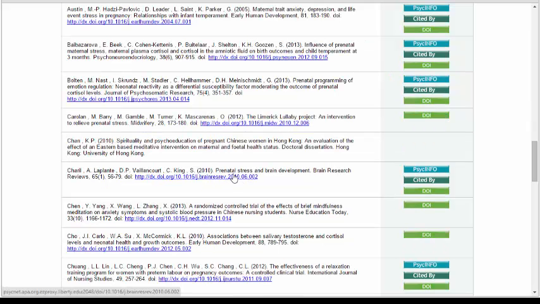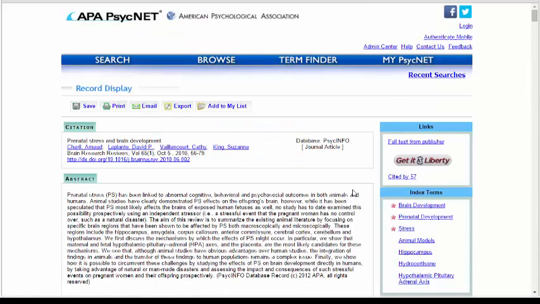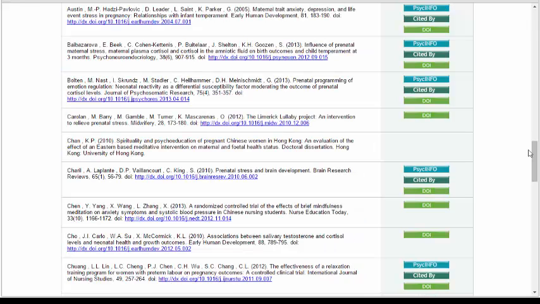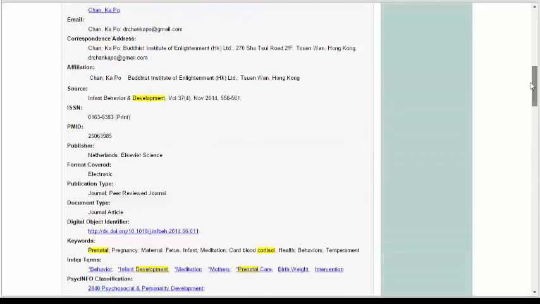The title says Prenatal Stress and Brain Development. That looks like it would be a very interesting article in light of my goals. So I will click PsycInfo, and you see another record comes up for me to explore with a new article. But I'm going to go back to our original article, and we'll scroll up to the top of the page